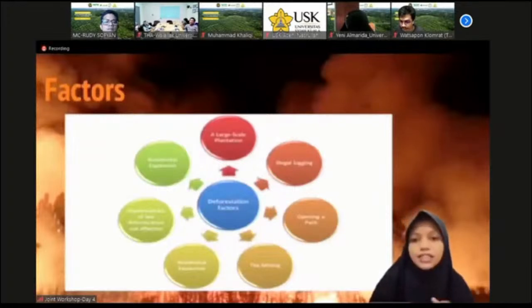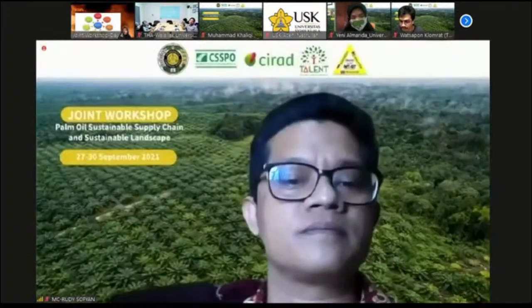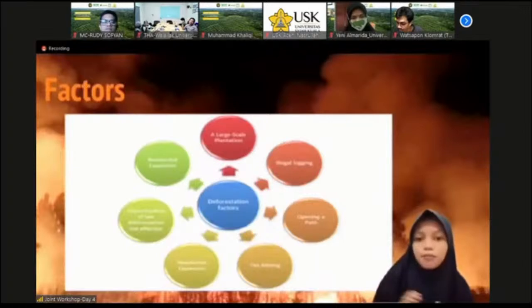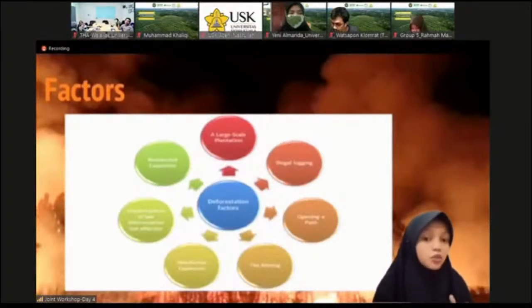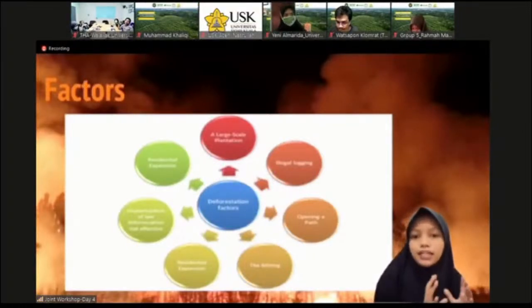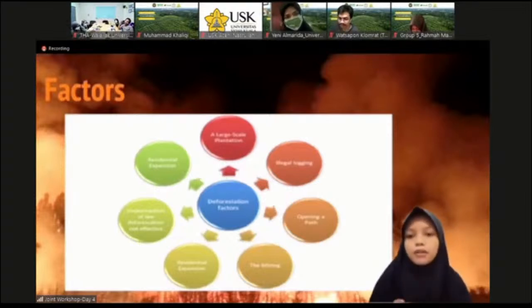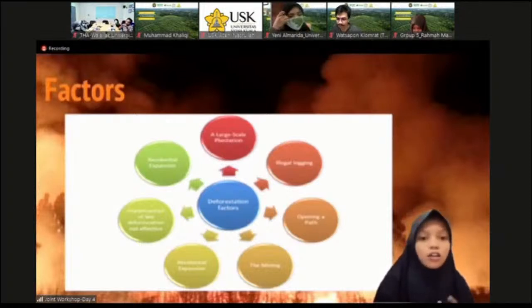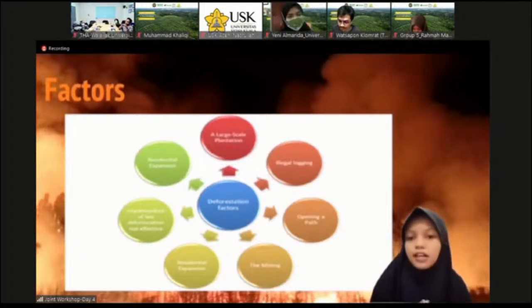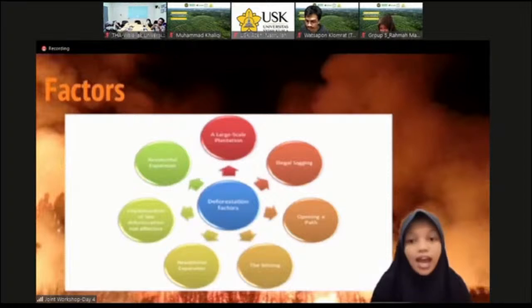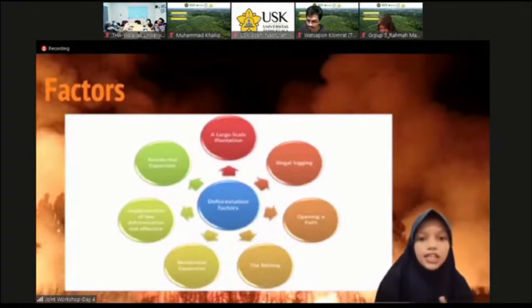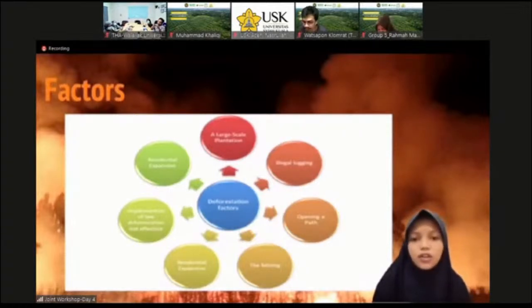Forests so that the deforestation process can run quickly. The second factor is small-scale plantation. Usually, these plantations are run by the community or a group of people who live around the forest. Although these plantations are not very large, if there is a large amount of management, they can also contribute to severe deforestation. Moreover, this deforestation is permanent and there is no attempt to replant.